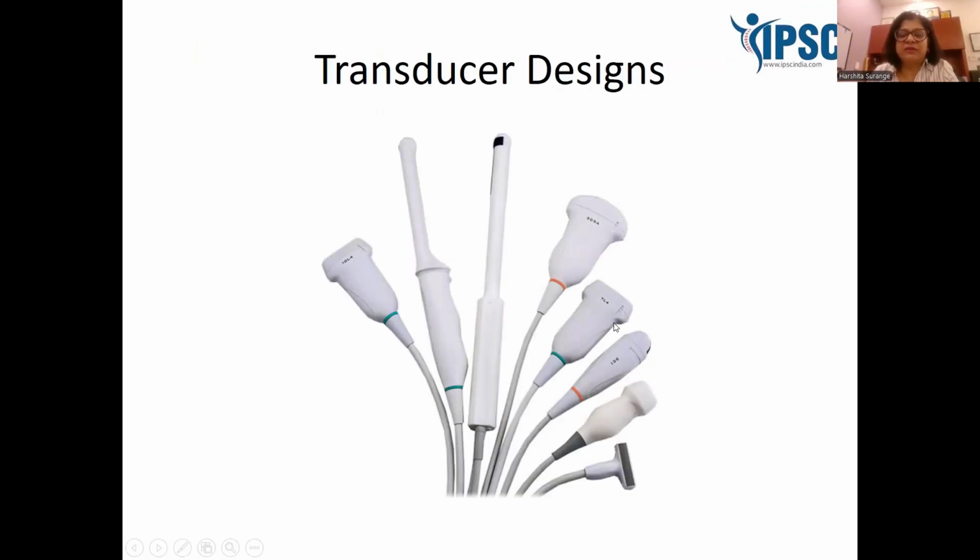So the transducers are of various designs according to the area which we need to scan. Here you can see a hockey stick probe. This is an echo probe. Why echo probe? Because when we do echo, we do it through intercostal areas, where we have a very small window. So we need a very small footprint probe to visualize the cardia. Then here you can see a curvilinear probe. Then these are the linear probes, different frequency linear probes. We have a transrectal probe and a transvaginal probe. These are also called endocavitary probes. So these probes are designed according to the area you need to scan.